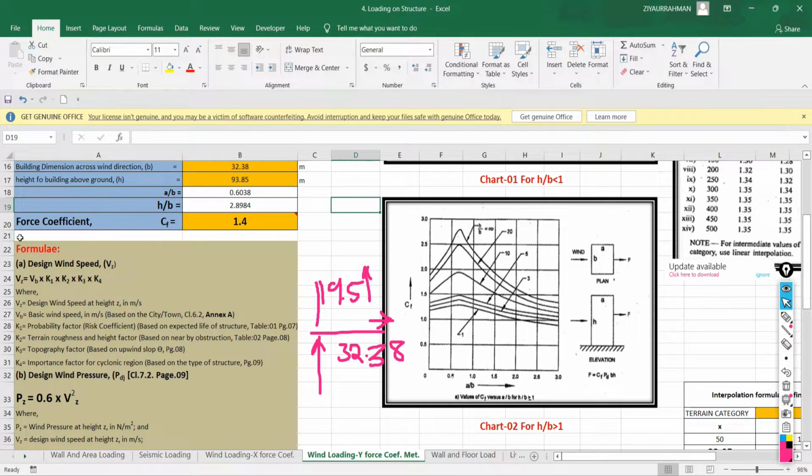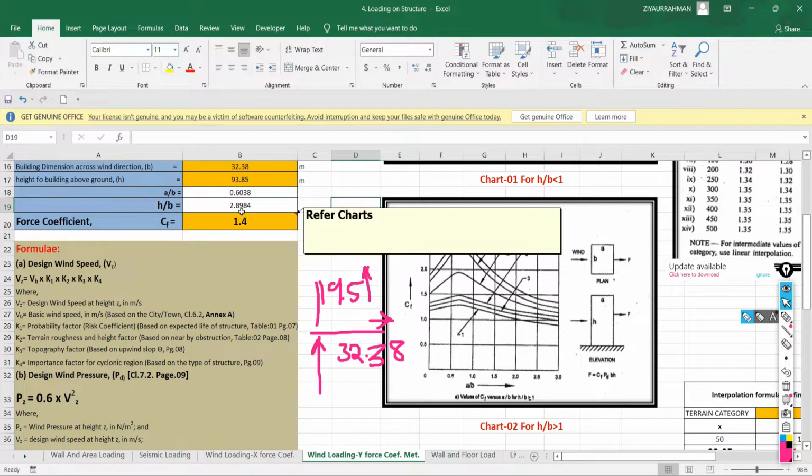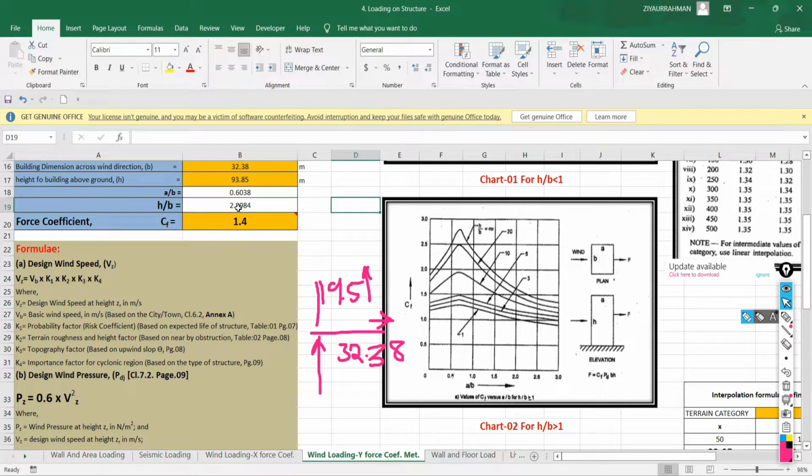Okay, this chart we have to use. So let's see. H by B is 2.89. Can I consider it as 3 or almost? Yes, sir. Okay, so the curve that we have to use for 3 is present here. Okay, this one. Now A by B ratio is 0.6038.